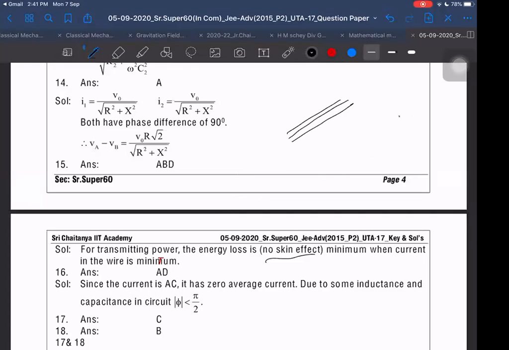Now, if I take multiple such wires and on each wire the current tends to move on the surface, then also the overall surface area effectively will increase. It is still tending to move on the surface of each inner wire, but because we have several such wires, the overall surface area will increase as compared to a single wire. In the single wire, it will flow through this much area, let us say. But when we have taken multiple wires, then in each wire, if I take some small thickness through which it is flowing, then overall the area through which this current flows increases, if I take several such wires and join them together.